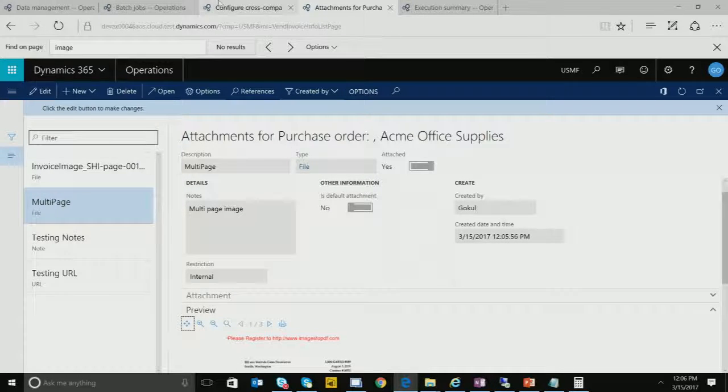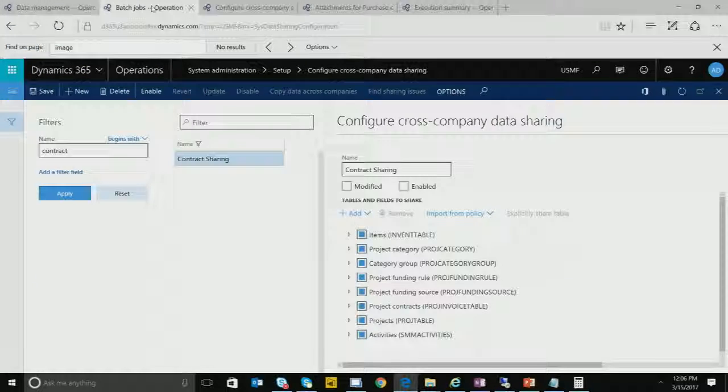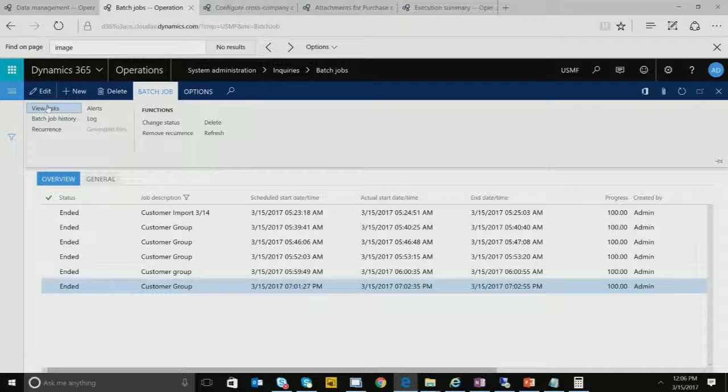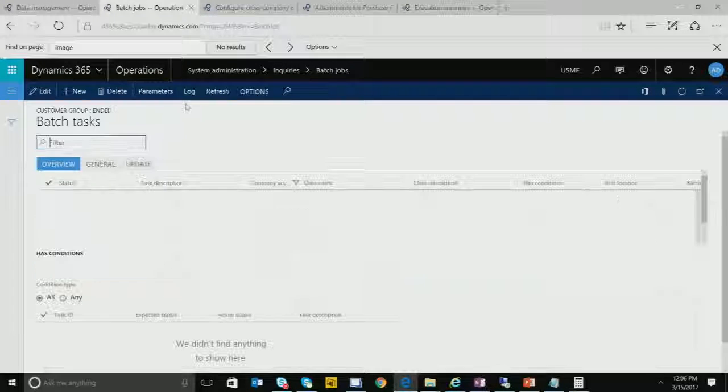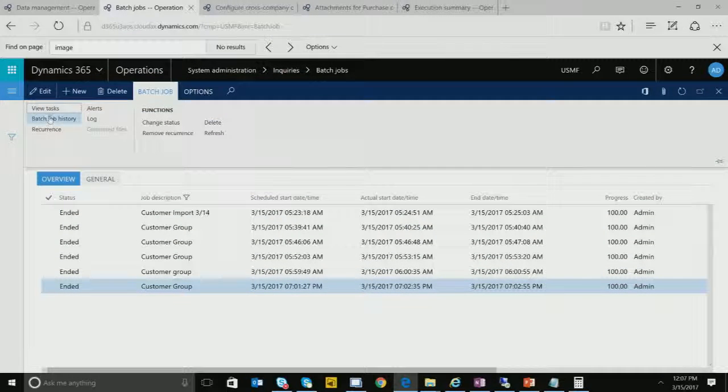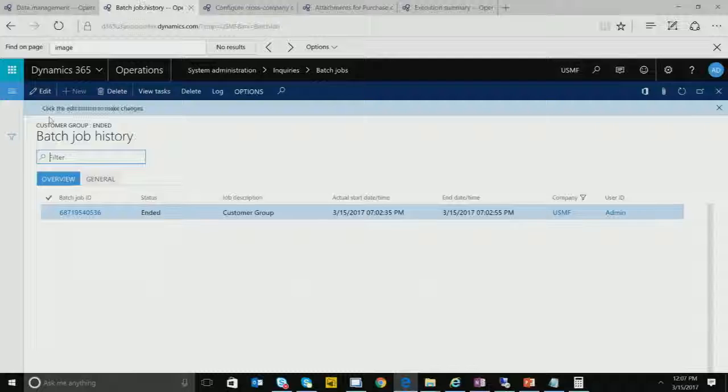And so this batch job should be complete now. So let me refresh. Okay, this is the last one. So it got executed now, and if I go to batch job, batch history, and if I go to view task here,